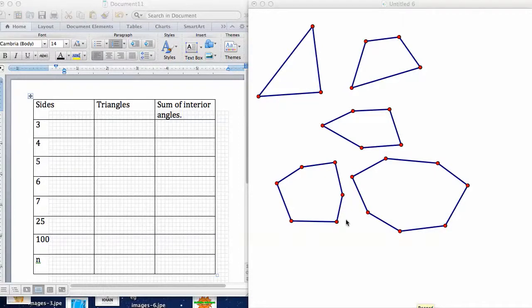Hello everyone. This is a video companion to kick off our Polygon unit, and we're going to start off by discovering the sum of the interior angles of a convex polygon. We're going to do so by using inductive reasoning, and we're going to log our results on the companion paper that I have